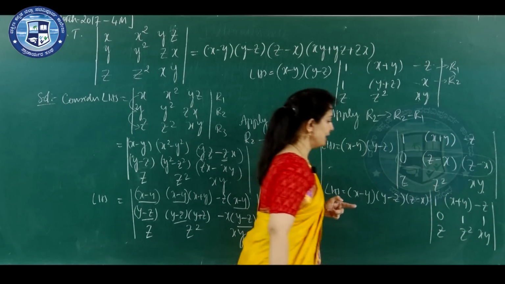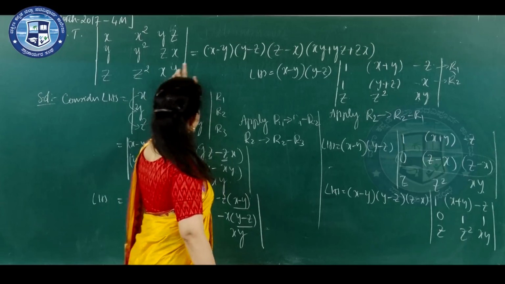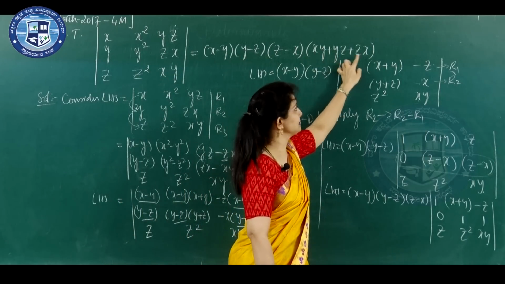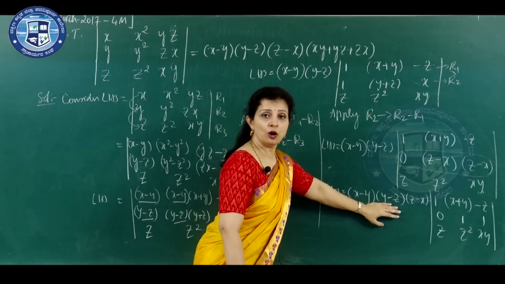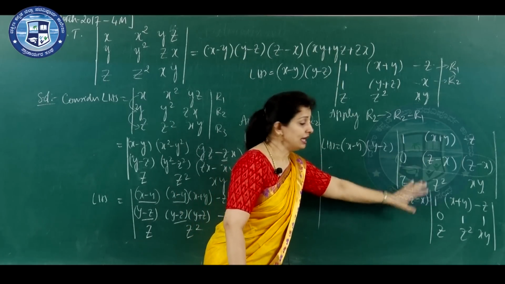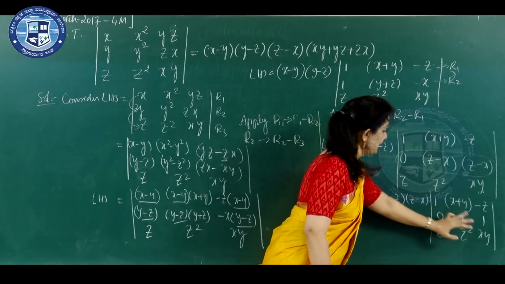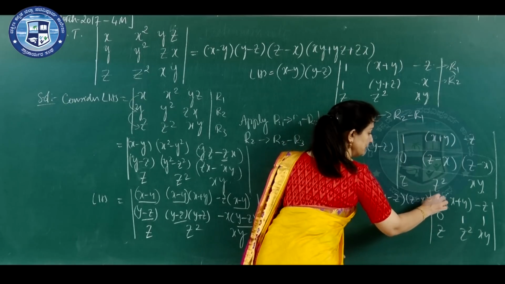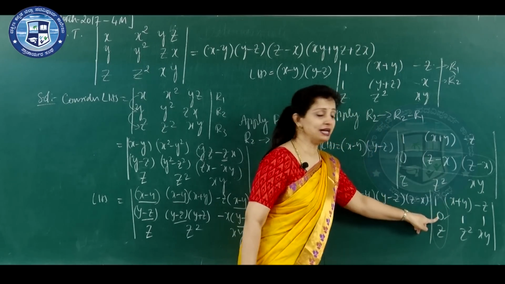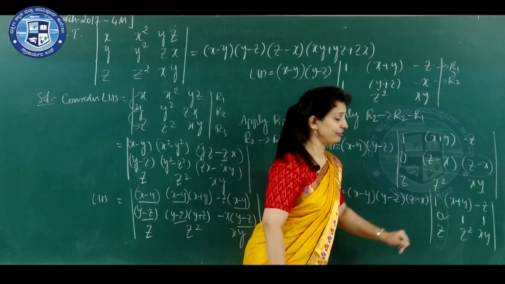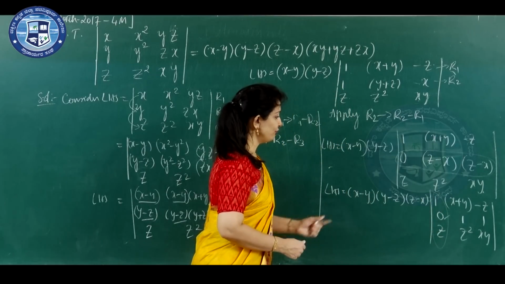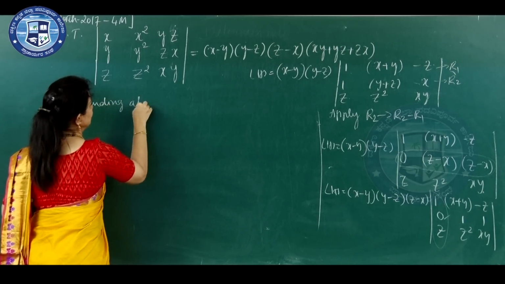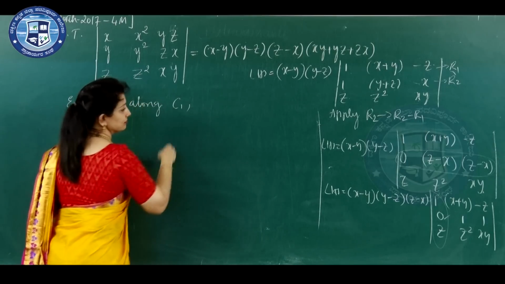Now it is possible to expand. Look at this, the RHS has 4 factors: x minus y, y minus z, z minus x, xy plus yz plus zx. So 3 factors we have already obtained. The fourth, the last factor, we will get by expanding it. You can observe that in the first column we have 1, 0. So expanding along the first column we will get the fourth factor. Expanding along the first column C1 we get